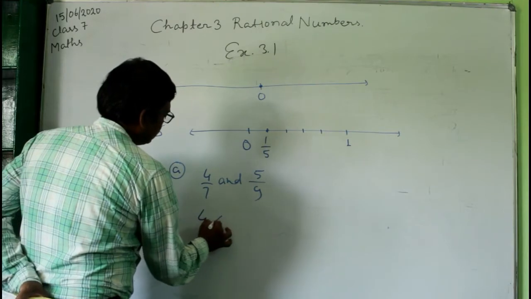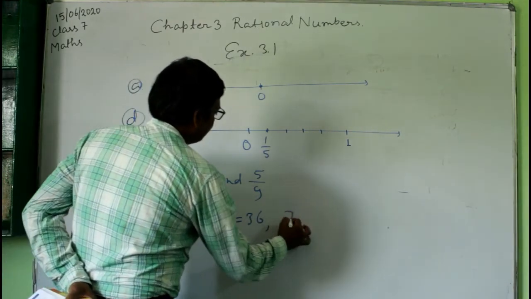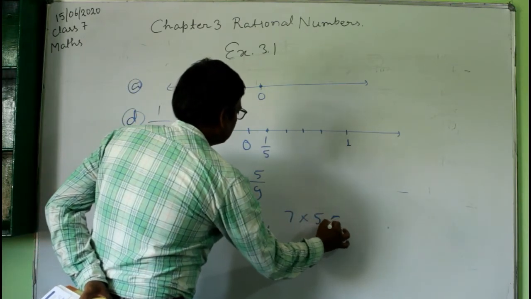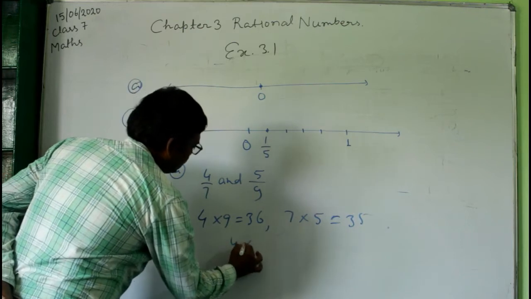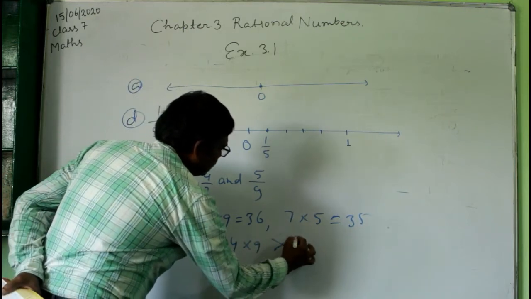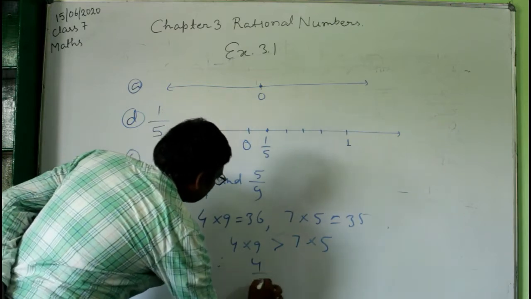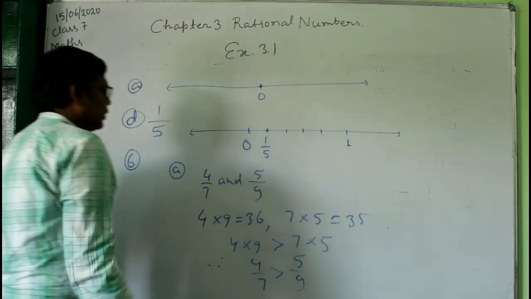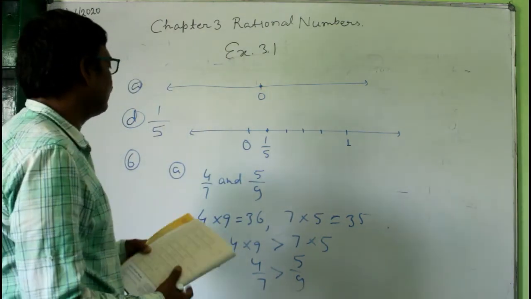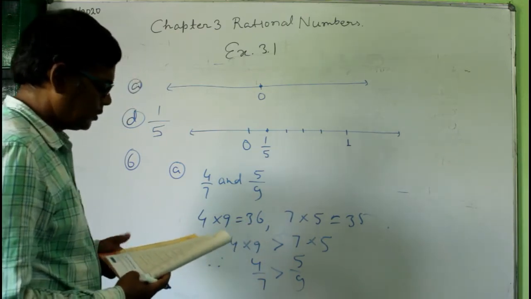See that 4 into 9 equal to 36 and 7 into 5 is equal to 35. So here you see that 4 into 9 is bigger than 7 into 5 and therefore 4 by 7 is bigger than 5 by 9. That is, by cross multiplying you can find out which number is smaller and which number is bigger. And in case